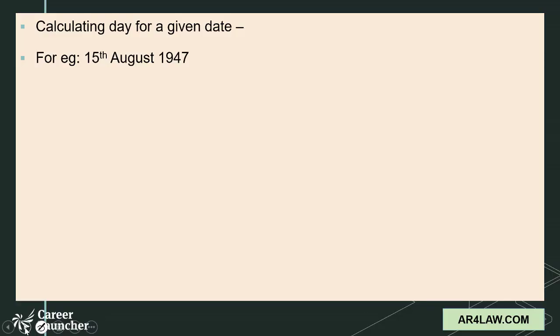So let's say this is our Independence Day, 15th August 1947, and let's see how you guys must have been calculating the answer for this. If there's a question, what day was it on 15th August 1947? And I'm hoping that this basic information is with you, that the first 100 years after a leap century gives us 5 odd days.